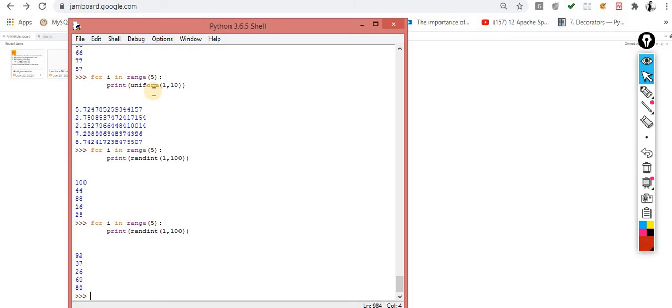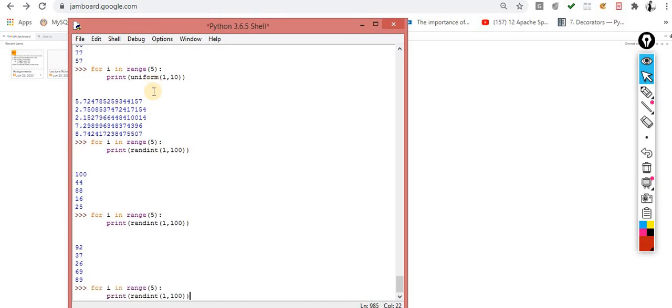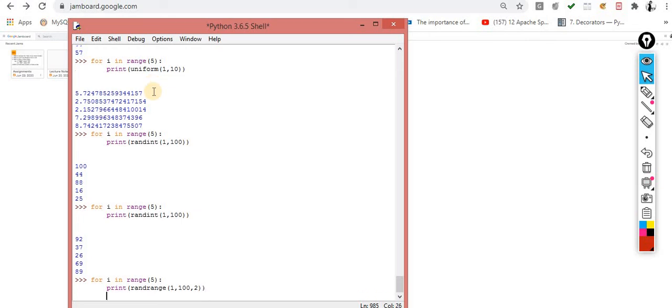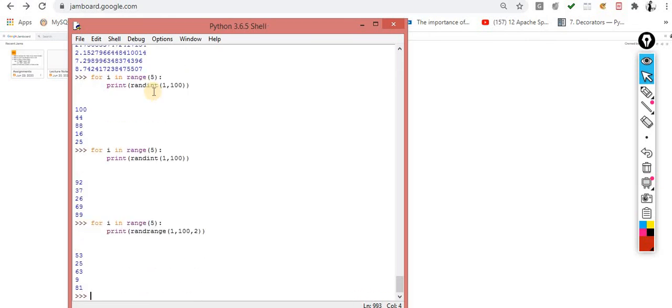Okay, so this one is the uniform. Now the next one is randrange. For example, the method is very simple. Randrange, just keep the point in mind, Range Rover. Now I am giving the stepping of 2. So now it will generate the value between 1, 3, 5, 7, 9, 11, 13, 15, 17, 19 and 100, up to 100. So for the range, I am specifying the stepping.